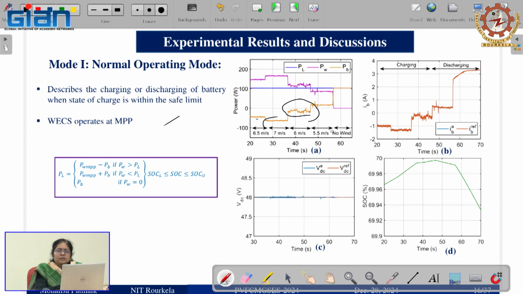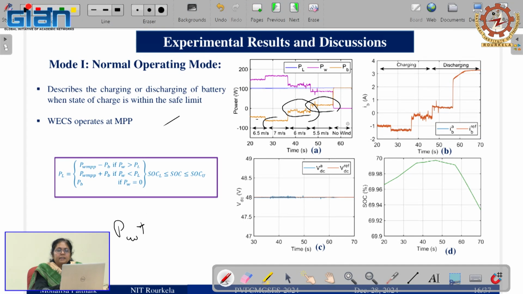So what happens? Instead of charging, now the battery power, if you see, is supplying the load. And the load power is always maintained, meaning the generation and load power are balanced. Suppose PW is the power generated by wind, plus, this equation is already written here, minus the battery power. And here I have not shown the converter losses, which will also come into the picture. Minus the loss should be equal to the load power.